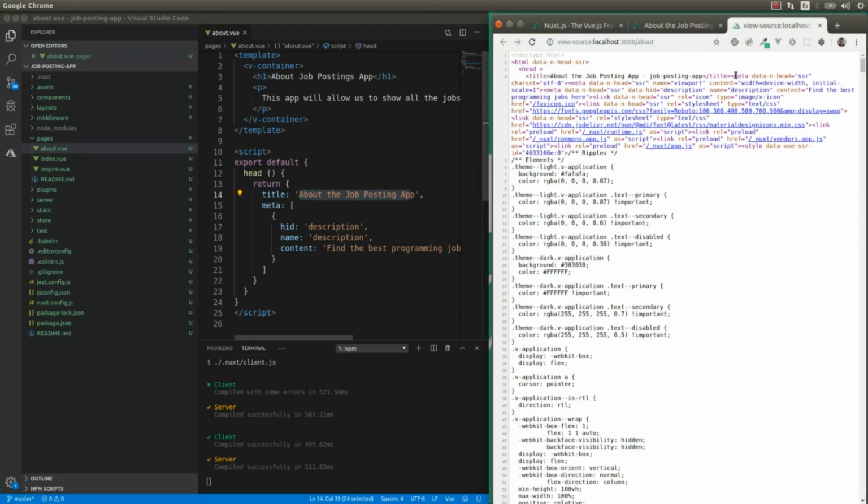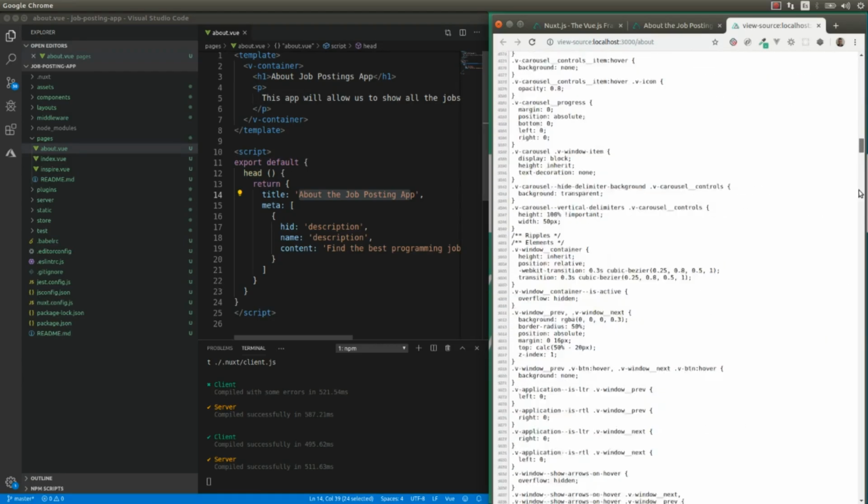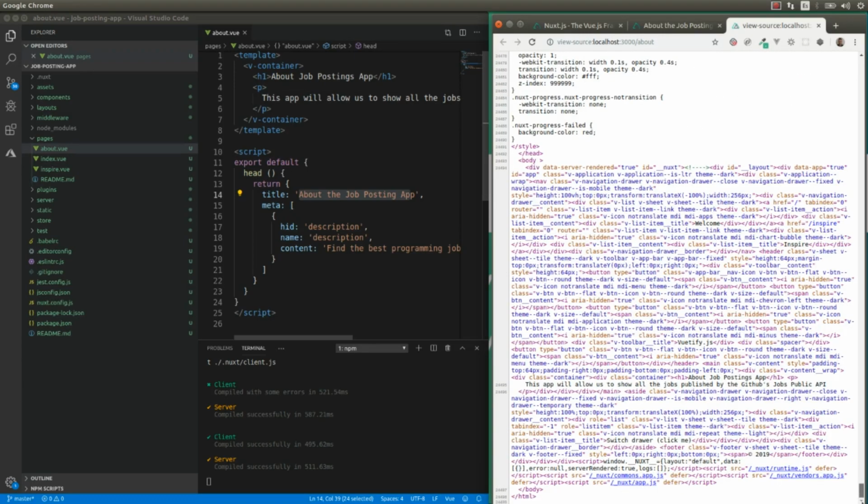And then we have our metadata description, that is this one. This is the name of the tag here, description. And then we have the content, that is "find the best programming shops there." And besides the description meta tag that we find here, we can scroll down and we can see that also